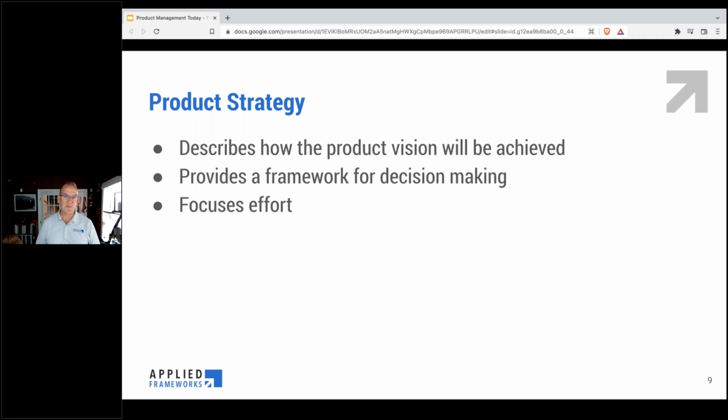Good product strategy really allows focus, allows you to stay on track, allows you to generate the business outcomes and results that you're trying to achieve. And then also it informs the tactics for execution, and will clearly visualize the difference between vision, strategy, and tactics as we move forward in some of the future slides.